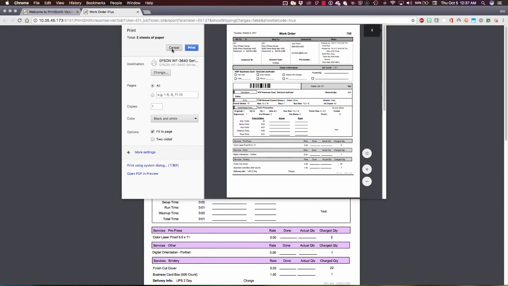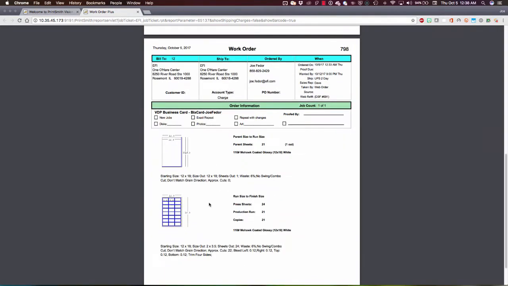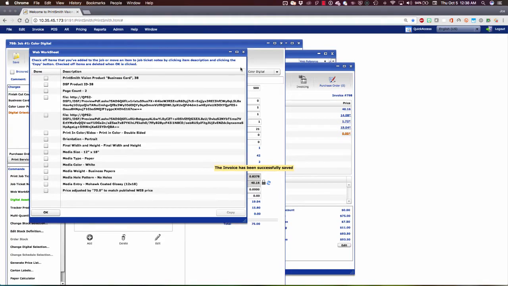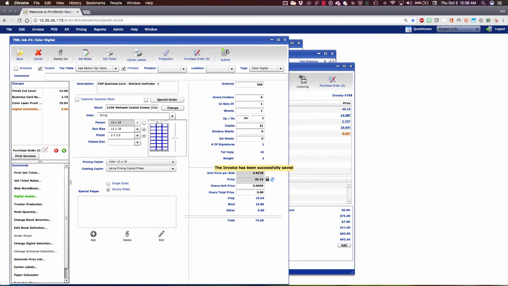This will generate according to the format that's been assigned to it. There's actually a couple of different work order and job ticket formats that you can pick from right in Printsmith Vision. And if you want to customize this at all, that's possible too through custom reports. But here on this work order report format, I like it. It's got all the pertinent information here, even a visual of how we're going to run the job. And you can see we have barcodes for a barcoding workflow here as well that's optional with Printsmith Vision. But now let's close that and go back to our digital job ticket window,